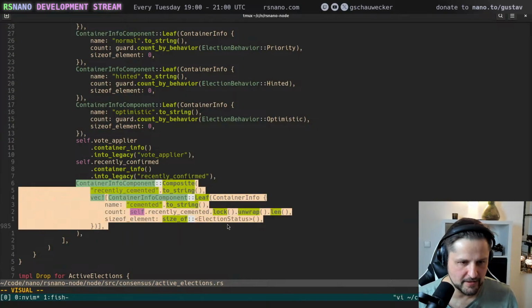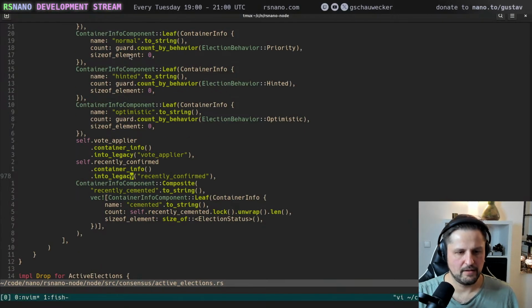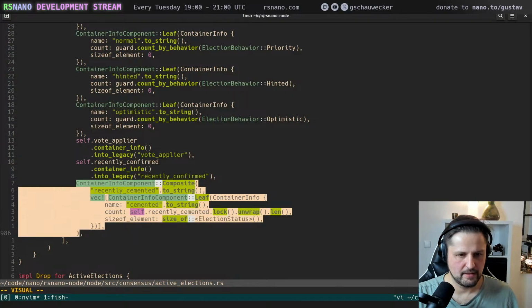And what is this one here? Composite. Recently cemented to string. Let's move this one maybe out of here. This is recently cemented.